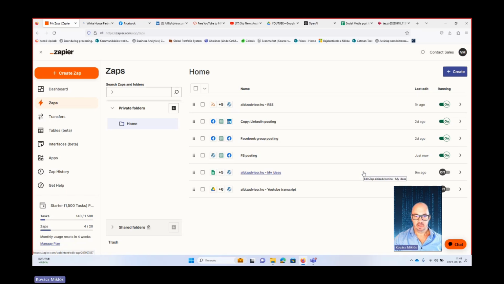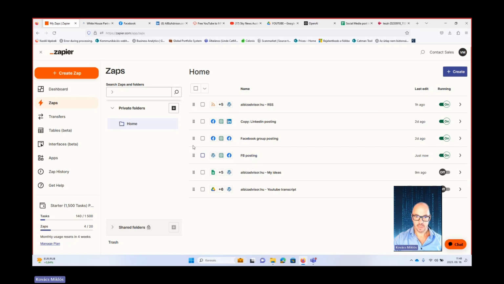Here we can also have different scenarios. Let's start with the scenario when we are having a new blog post and we want to share it on Facebook and LinkedIn, which from my perspective is the most common scenario, most probably, because if you are a blogger, if you are interested in having a blog post, then probably you also want to share it on the social media platforms. So how does it work? Let's take a look.